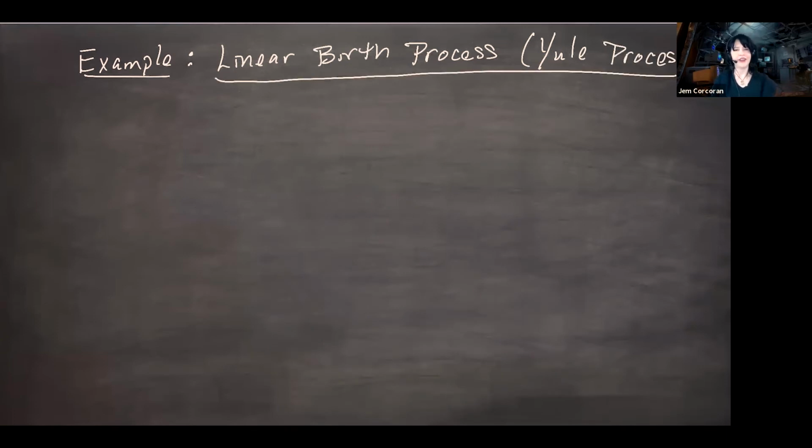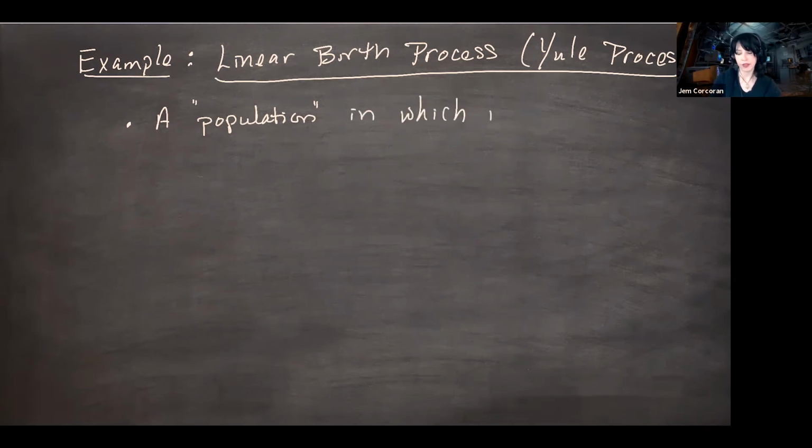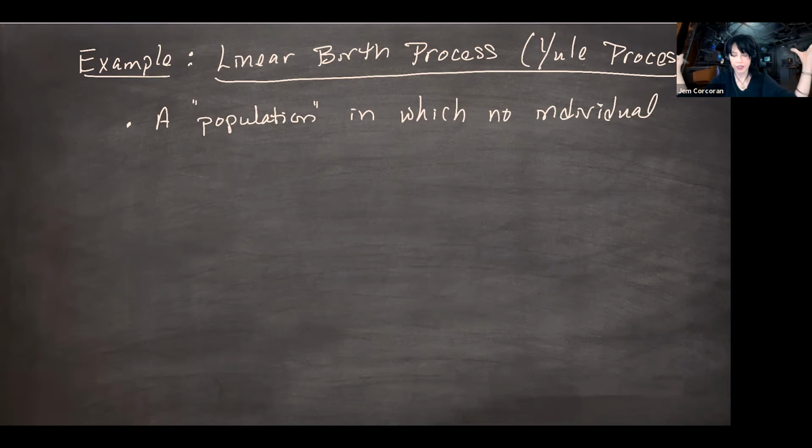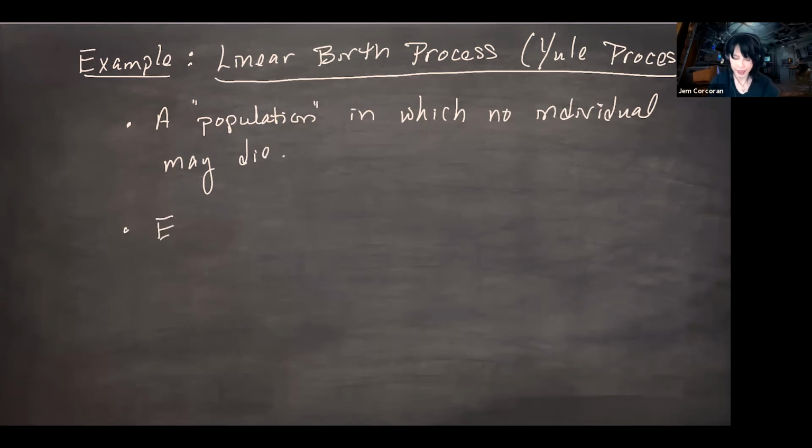So I want to try to slow down and start writing neater. Here's the setup. We have a population, which doesn't have to be an actual population of organisms, in which no individual can die. I was saying before that these are used to model things like cell division. This one in particular is used to model cell division all the time, where you have a cell and then suddenly you have 2 cells. So no individual may die,